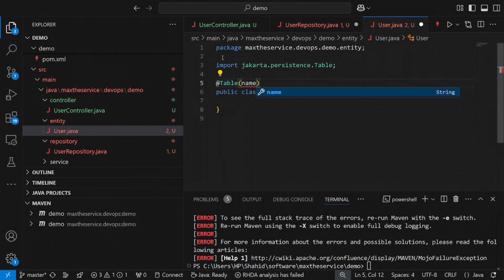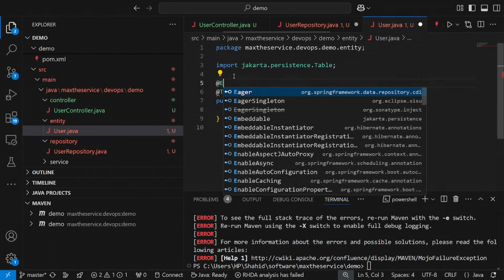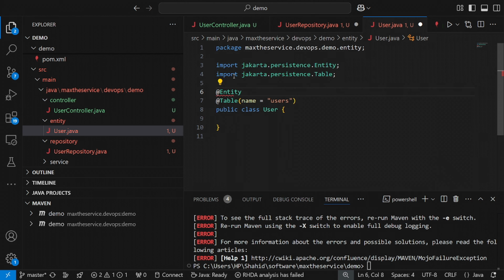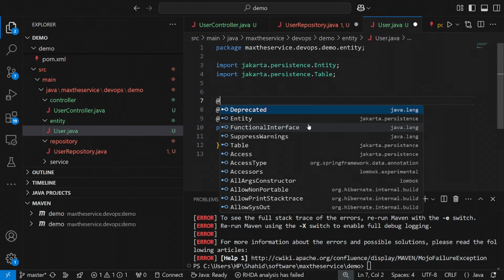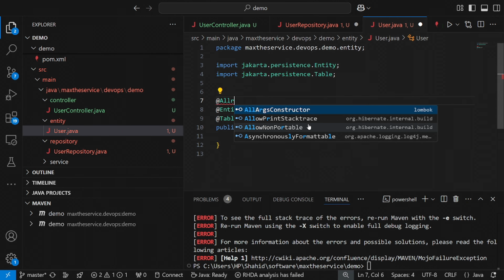This is very good and helpful for developers to not work on the DB side as well. Users. And I have to provide @Entity to tell the framework that it is my entity. It should be mapped with the database. It will be created with the name of the user entity,